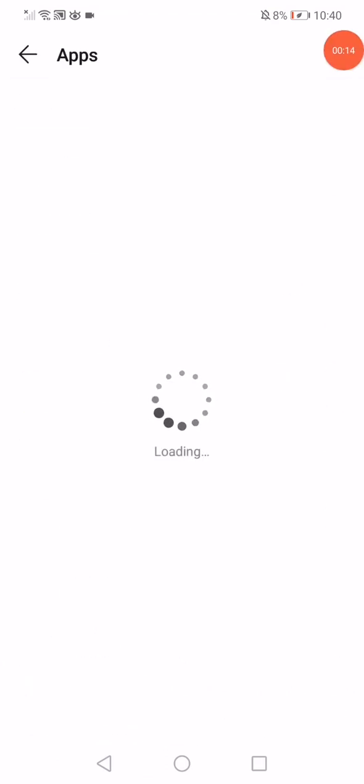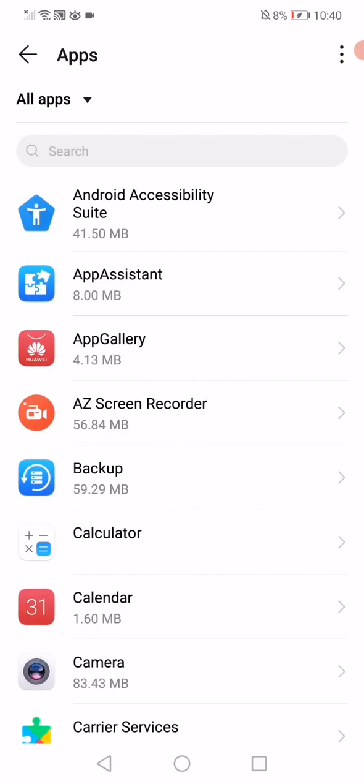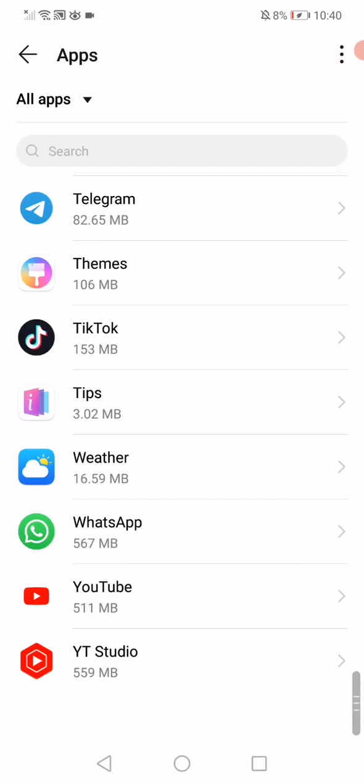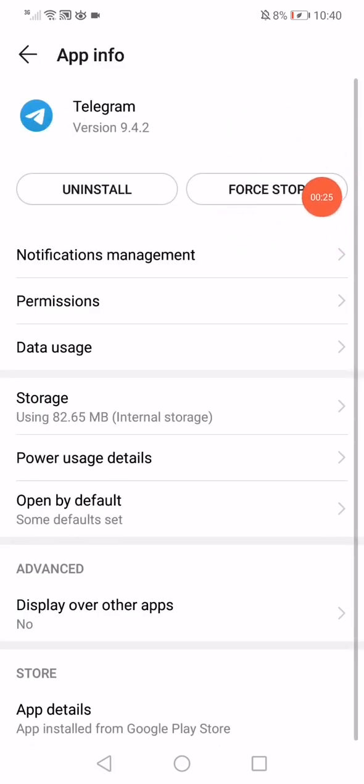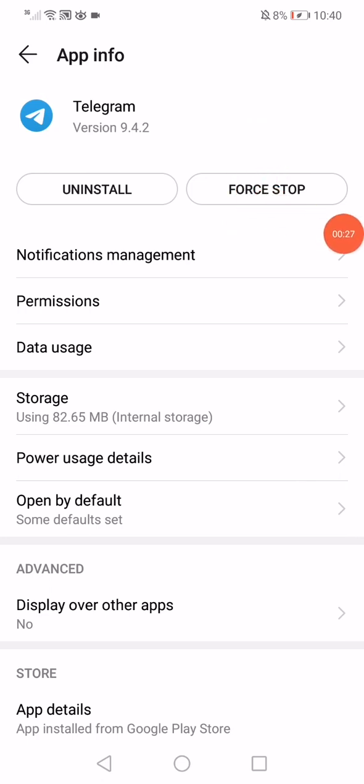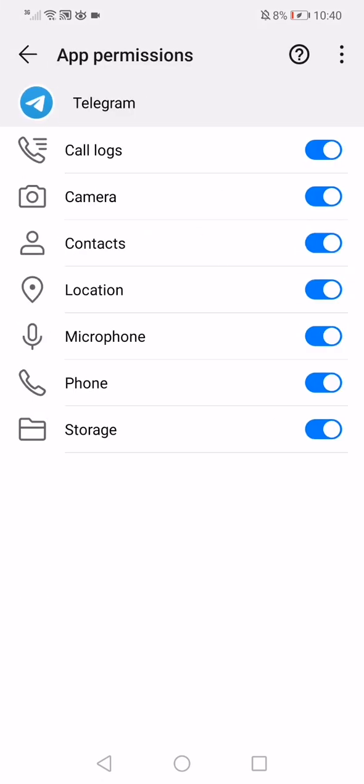When you go to the apps on this page, you're gonna find all the apps that you have in your phone. Scroll until you find Telegram, click on it. Click on Telegram and force stop the app from here, and then go to the permissions, enable all the permissions,